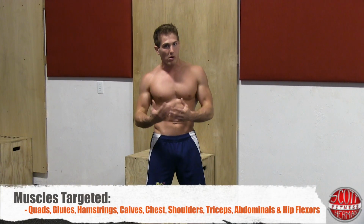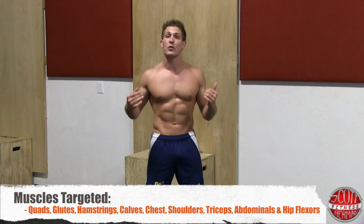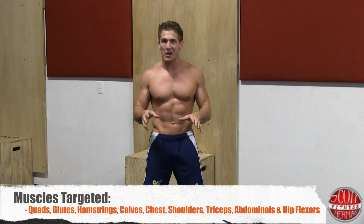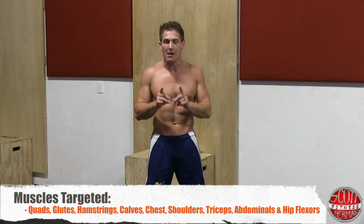Some of the main muscles that you're going to work throughout this exercise are your quads, your glutes, your hamstrings, your calves, chest, shoulders, triceps, as well as your abdominals. So like I said, you're targeting a lot of muscles. Your hip flexion is going to be fatigued very quickly as well, so make sure you stretch properly before doing